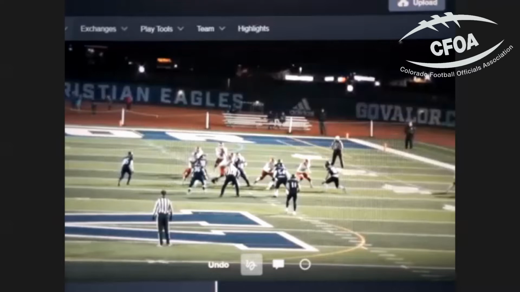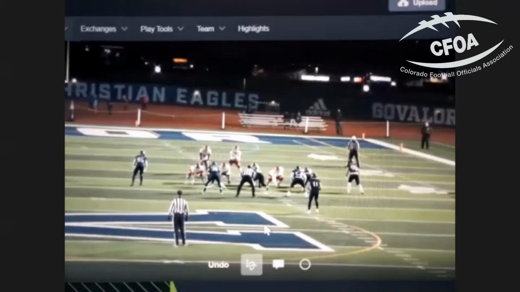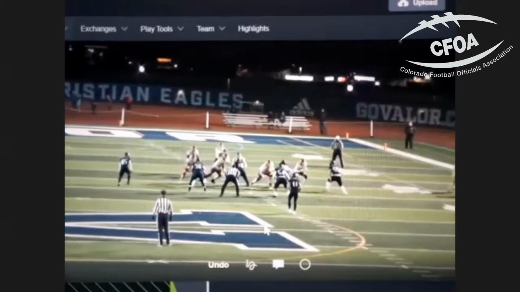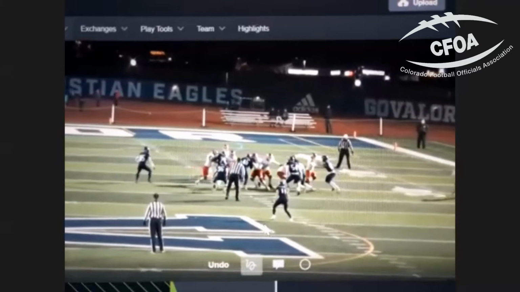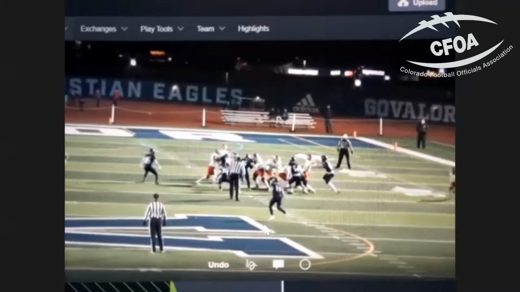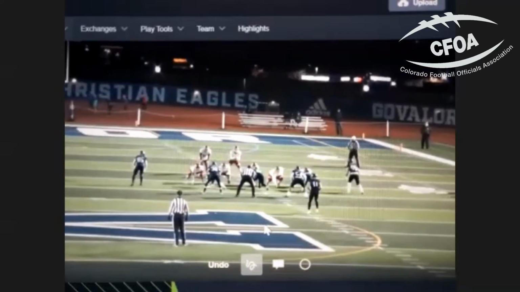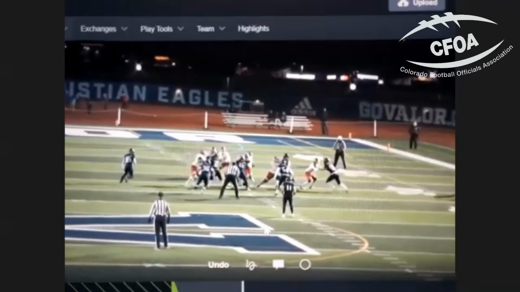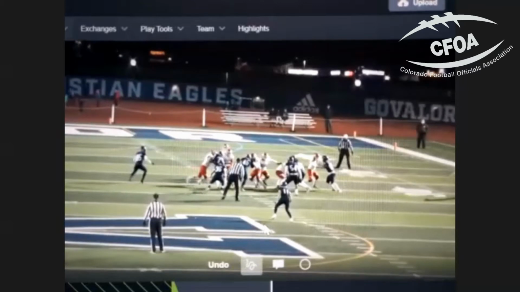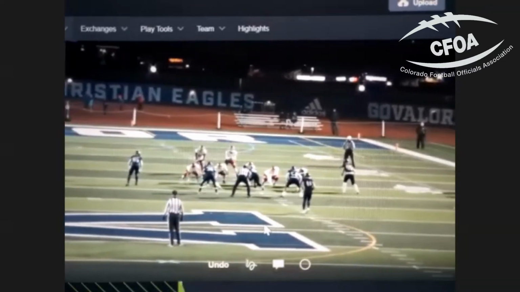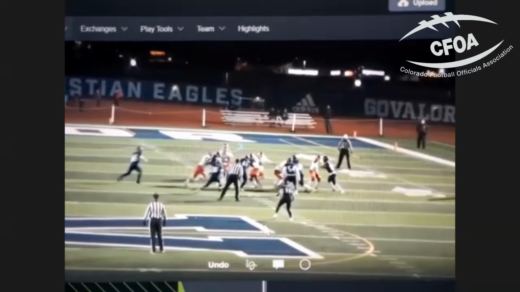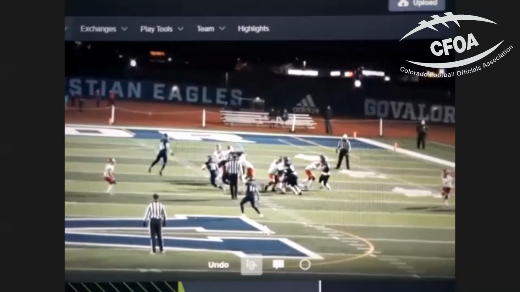Is this your pulling guard right here? Yeah, he was uncovered. So he made a call that he is going to pull or wrap. On the defensive right side, the offensive left side, they are going to slide out. That's our fire call, because two guys are outside, so they're going to attack outside here. Is that so that if the back does get the handoff, he's going to follow that guard? Yep. He's going to try to follow the guard up to see where the guard comes up to 54.